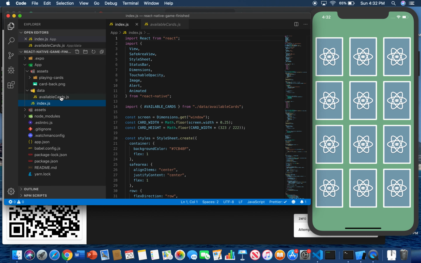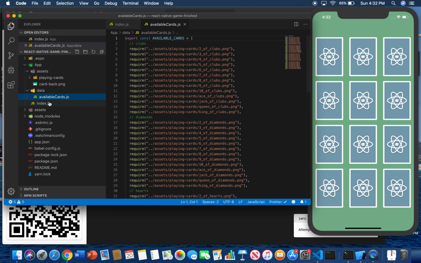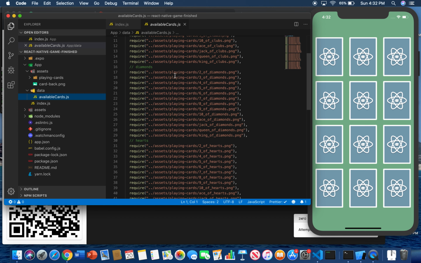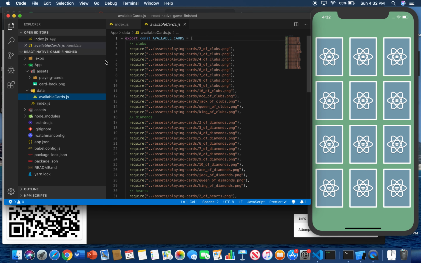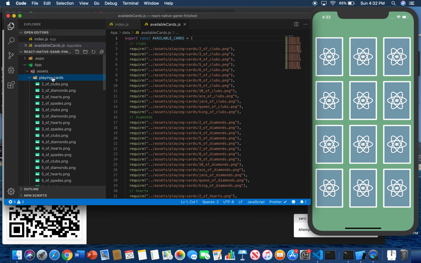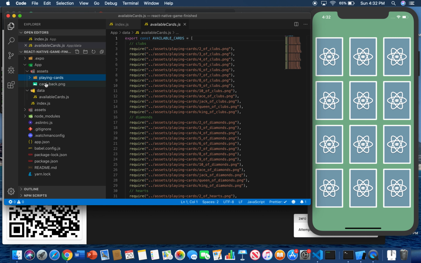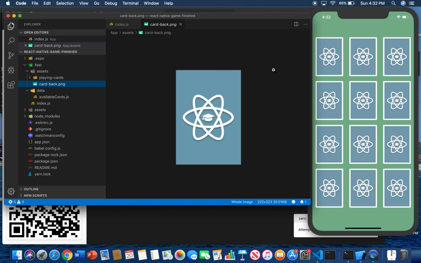the main things I found were that available cards just took all the requirements for the different cards. Other than that, there are all the PNGs for the different cards, as well as the back with this little logo, and just the package settings. So going into the index,